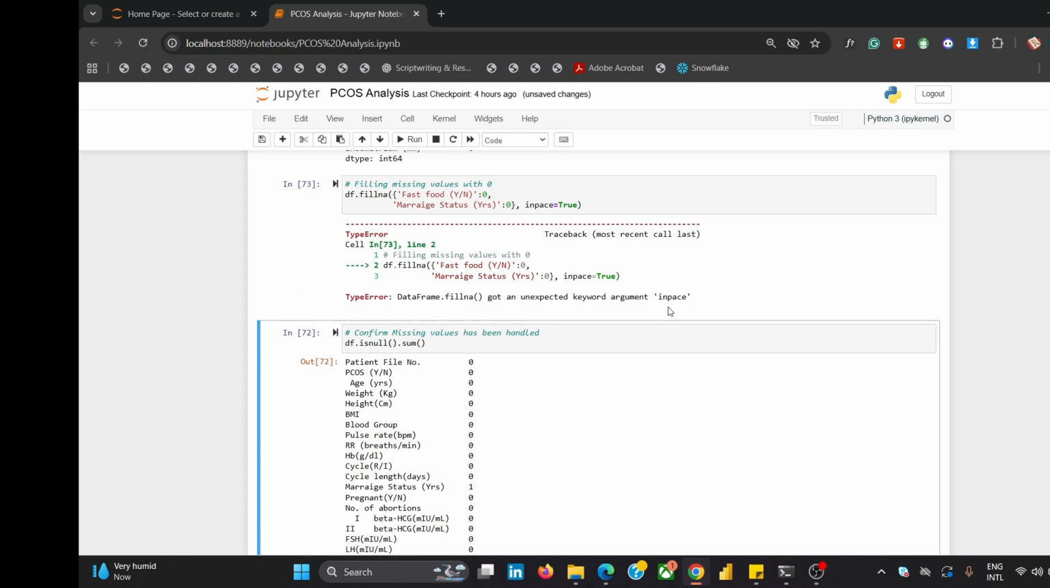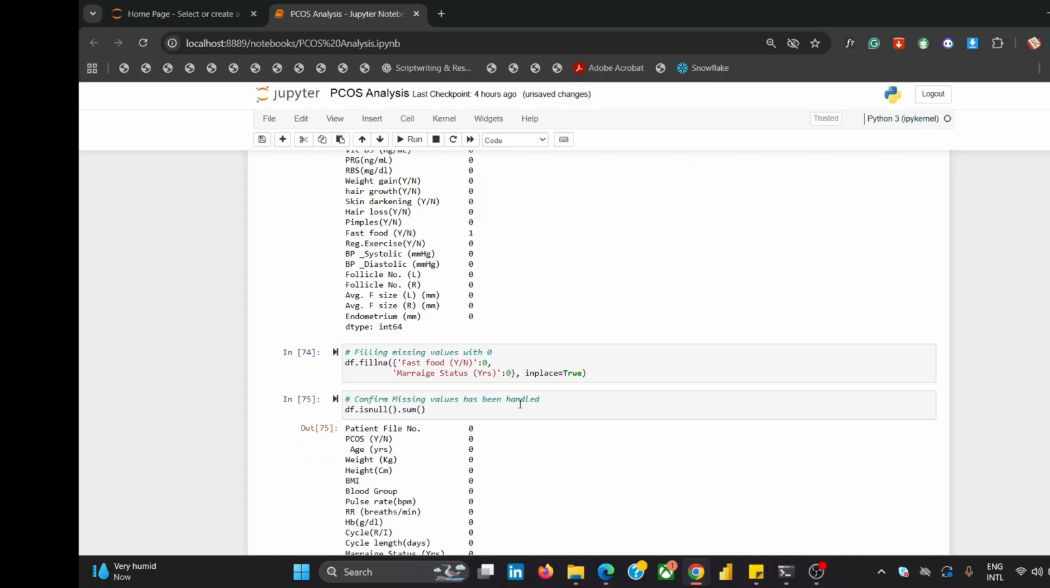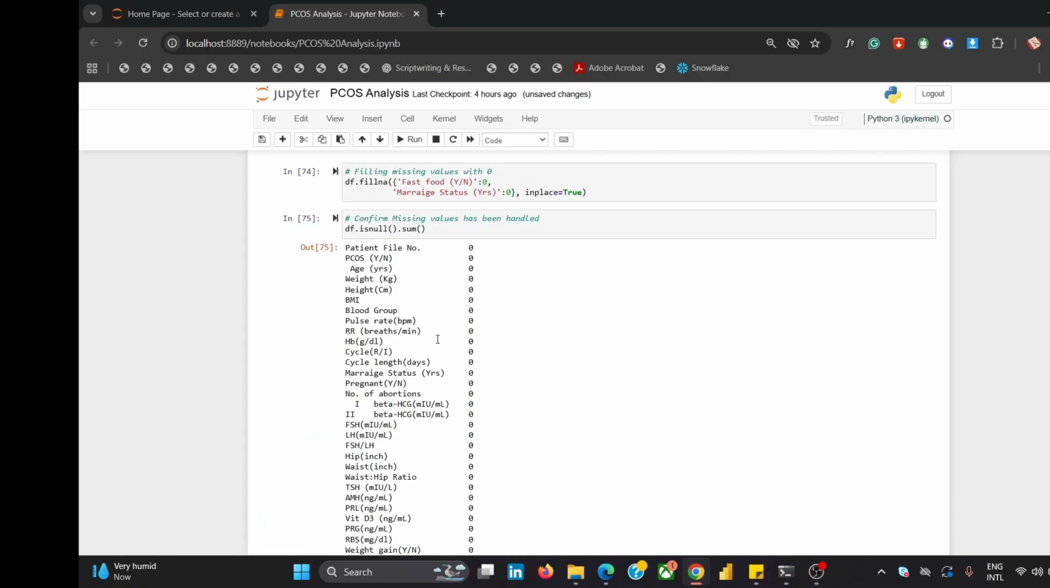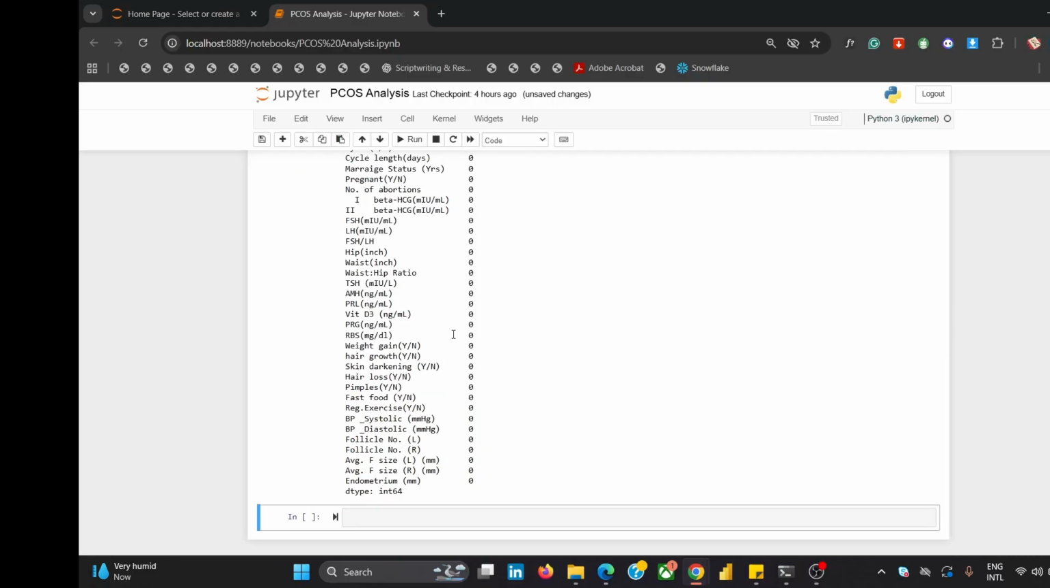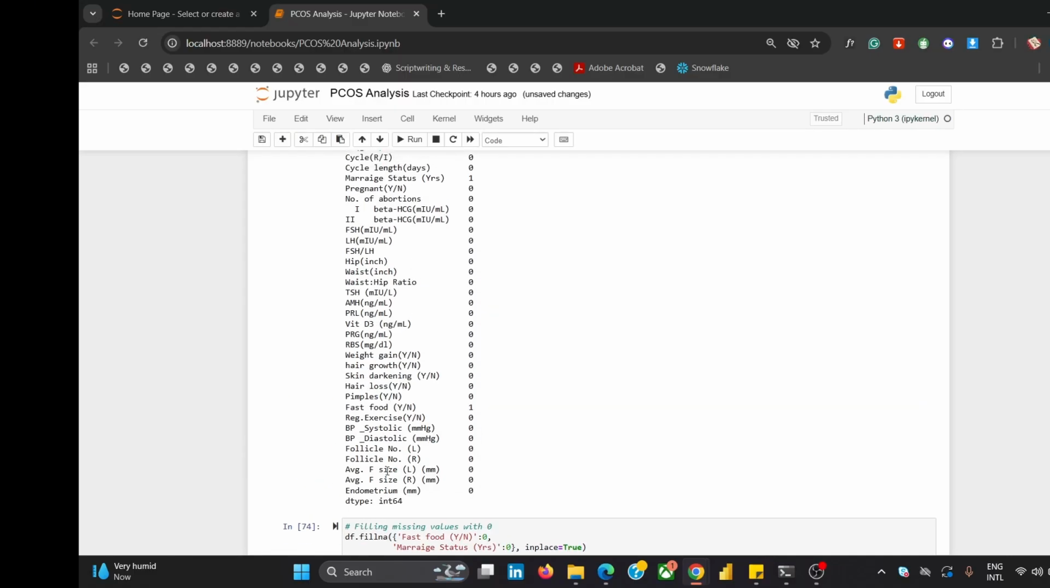So it says it got an unexpected word, inplace. So I think this should be inplace, not in pace. Sorry. So inplace is equal to True. So let's go ahead and run this again to see if we have actually figured that out. Okay, as you can see now, we have actually successfully replaced our missing values, right? Now, the next thing I want us to do is I want us to go ahead and